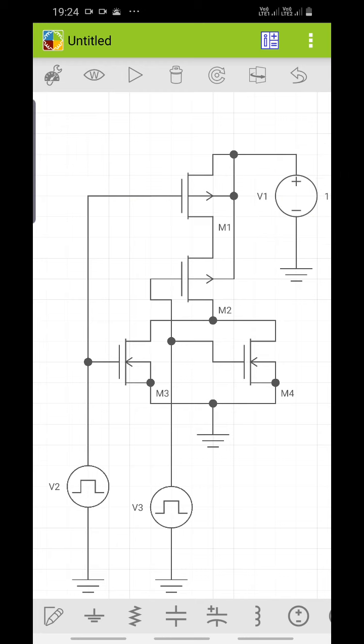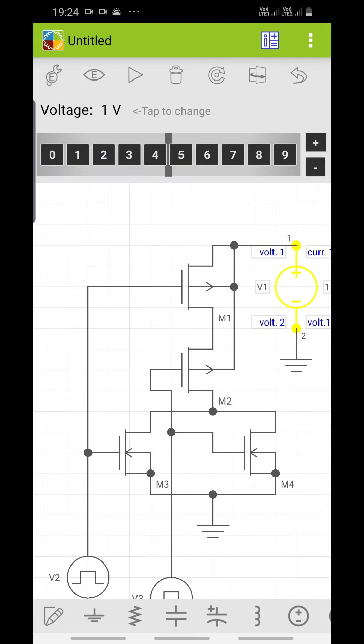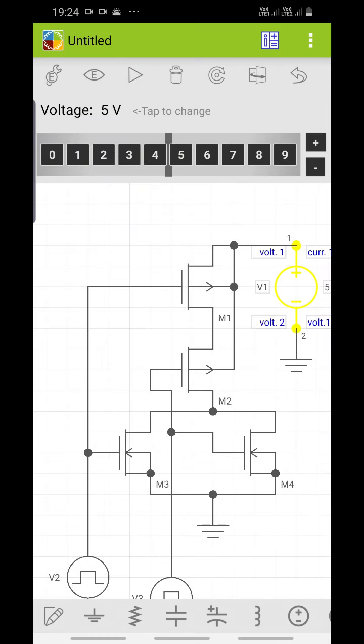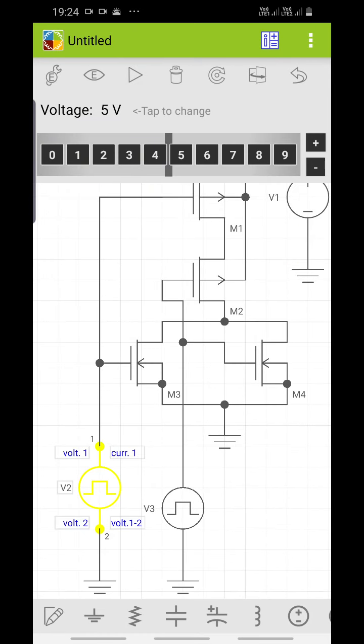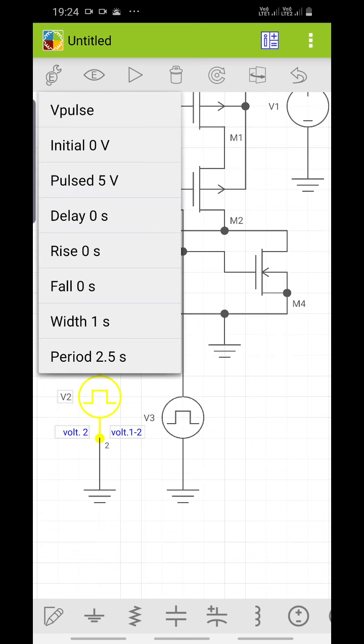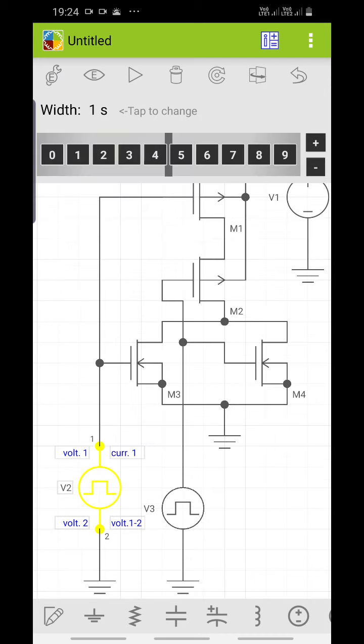Then change the settings. I want to give 5 volts, just touch it. Use the screwdriver symbol. Touch the voltage. Give 5 volts. Then here also the pulse source settings we can change, for all the combinations of NOR we want to check.